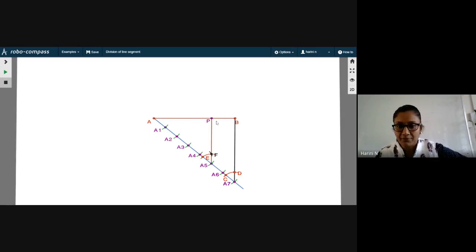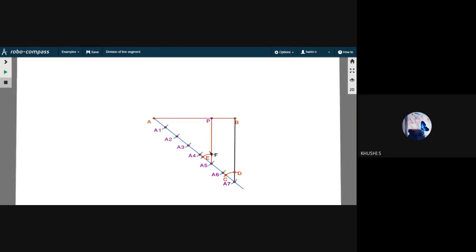So measure your AP with your scale and write the measurement here. PB, measure it and write it here. Let me wait for 10 seconds for you to measure. Come on, fast. Then we have to go and write the steps of construction, which requires 5 minutes. What is AP equal to? Nobody is measuring. Come on, hurry up.